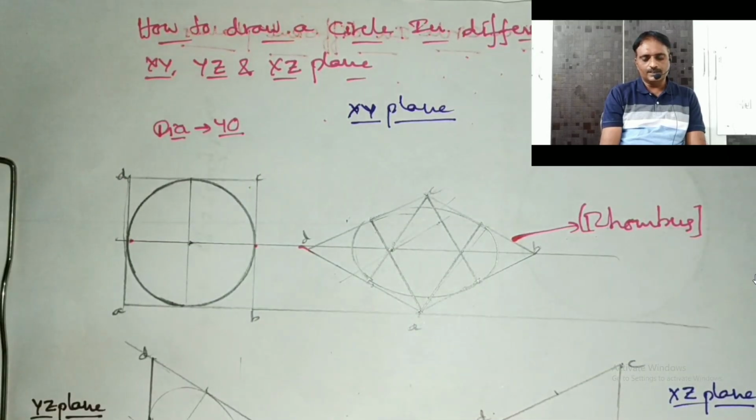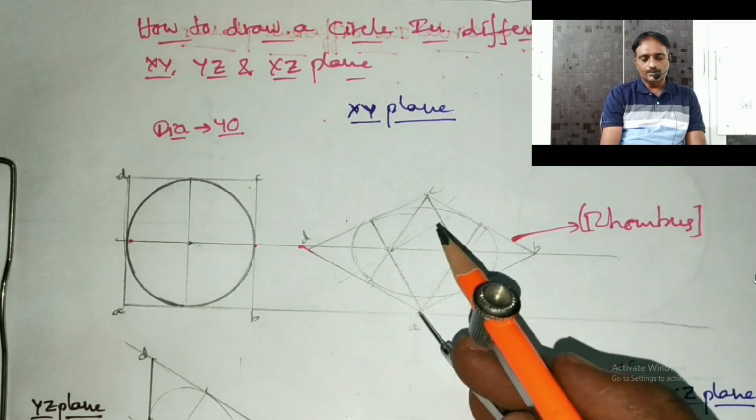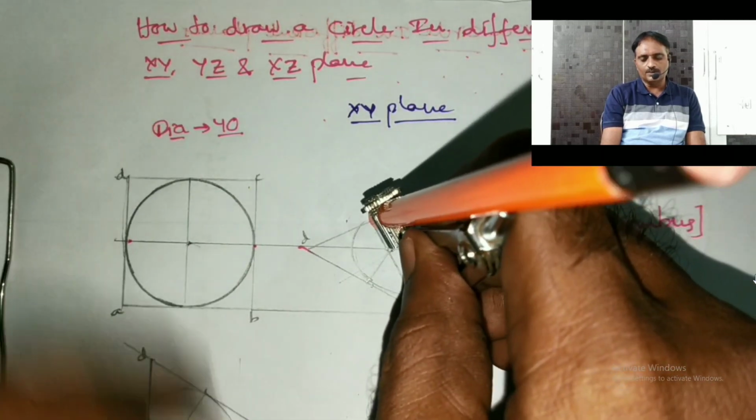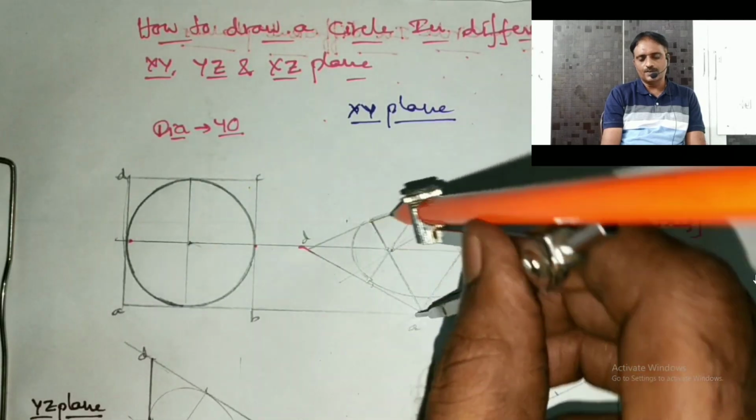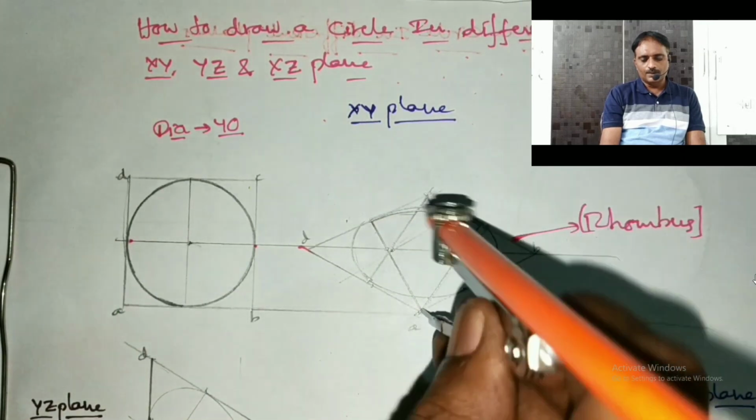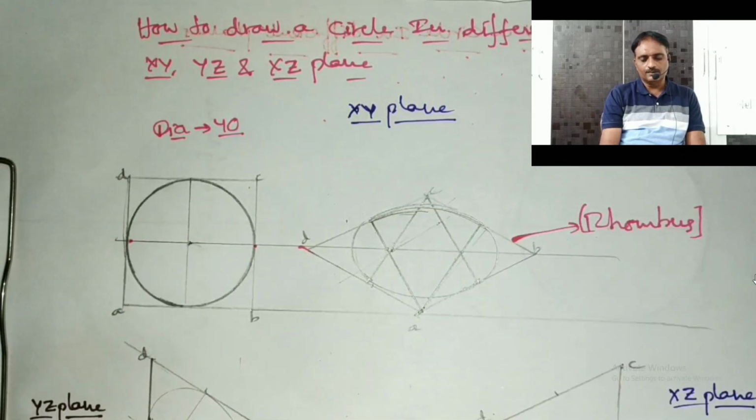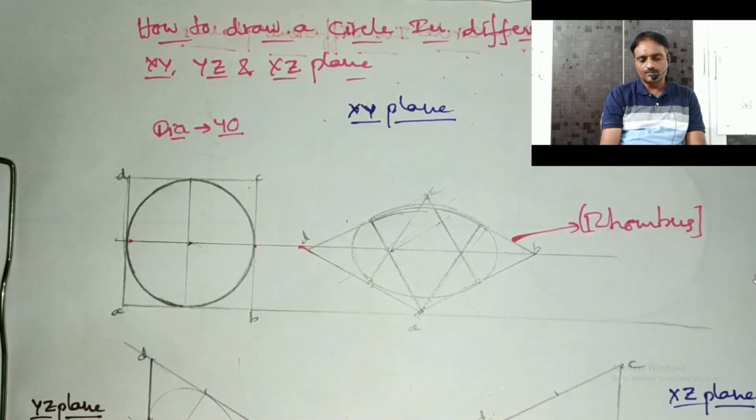with A as center and this length as radius, draw an arc joining the two midpoints onto the opposite side, like that. And similarly, with C as center and with the same length as radius,